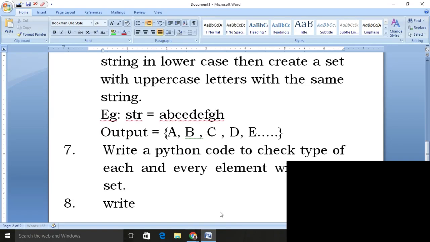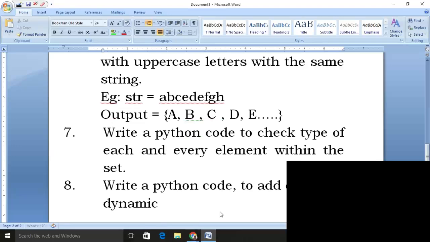Write a Python code to insert or add elements dynamically, accepted from the user,